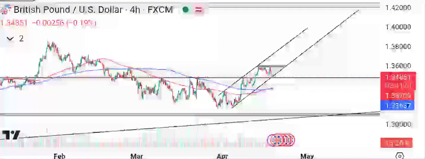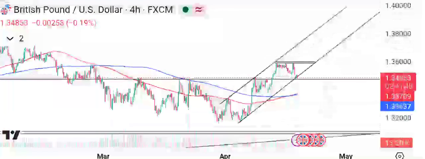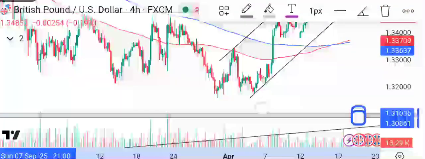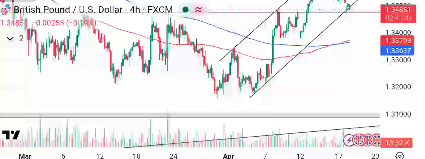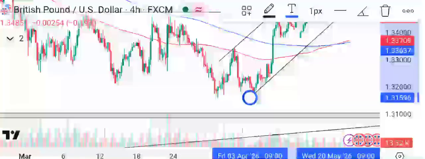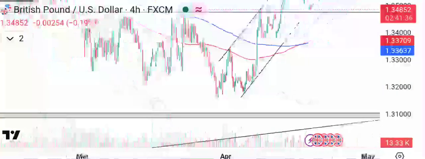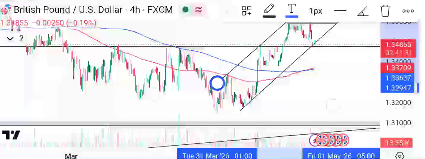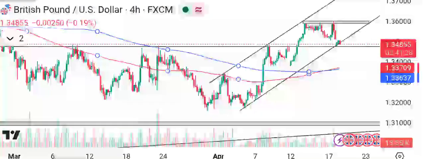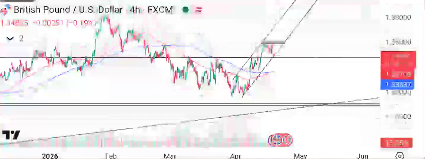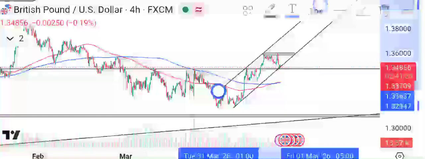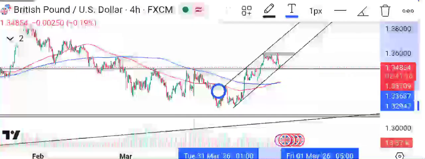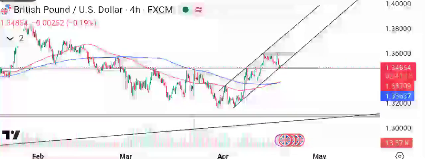Then you can see clearly, at the bottom here, if you look close now, we have a double bottom here, which is a strong bullish reversal pattern. And then what happened? This was the last inner resistance which we have here. We can see that price aggressively took it out, changing character here. There was a change of character here. The price took out the inner resistance after the double bottom chart pattern.